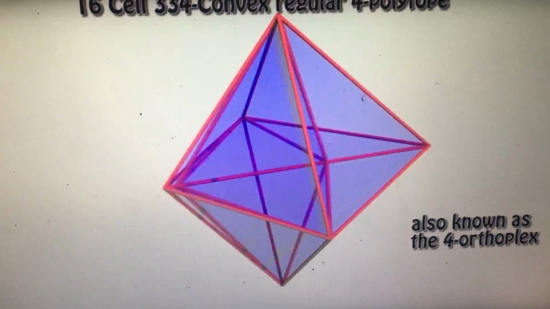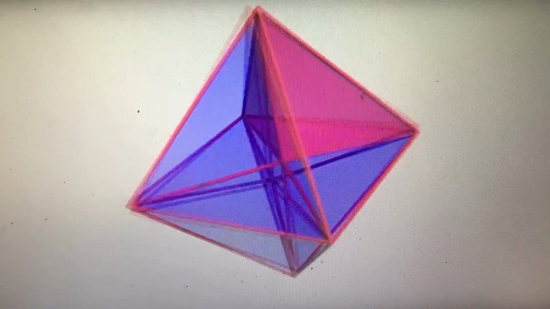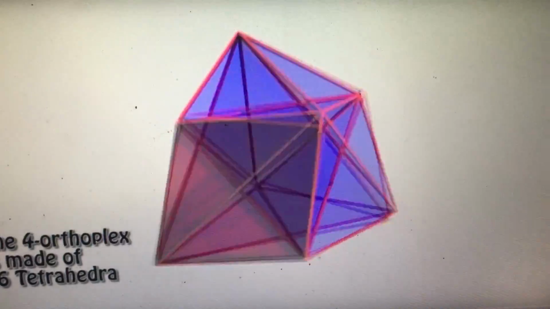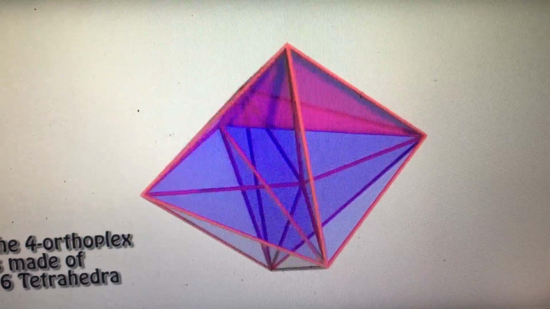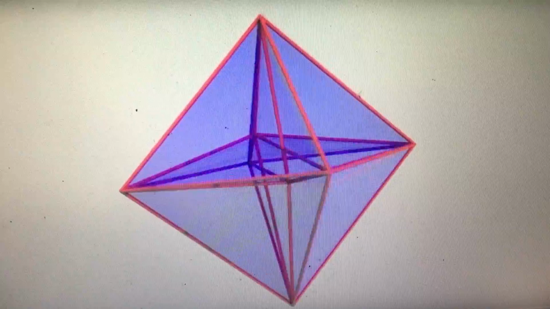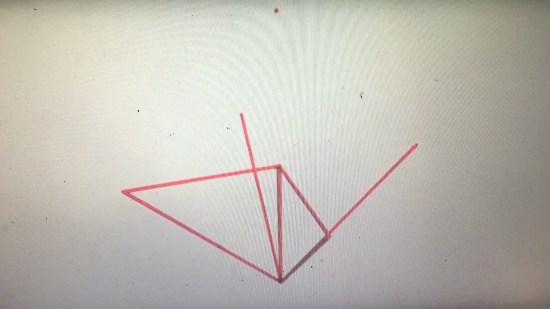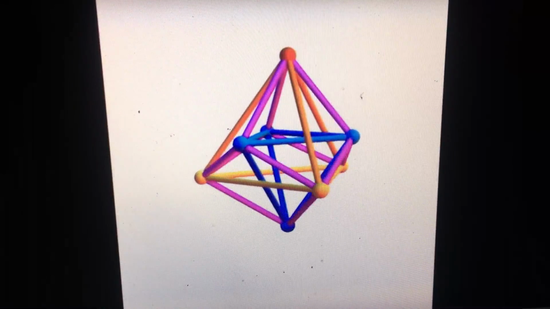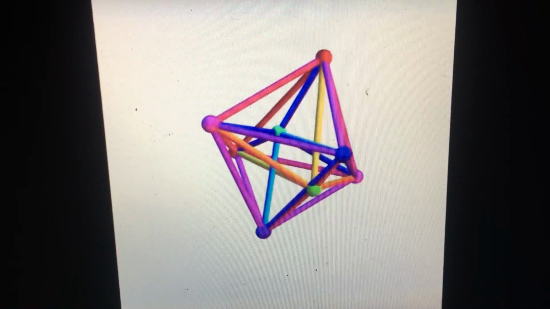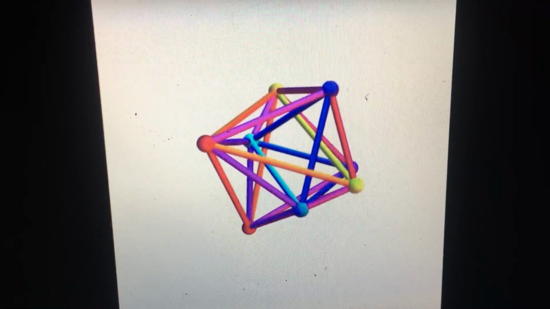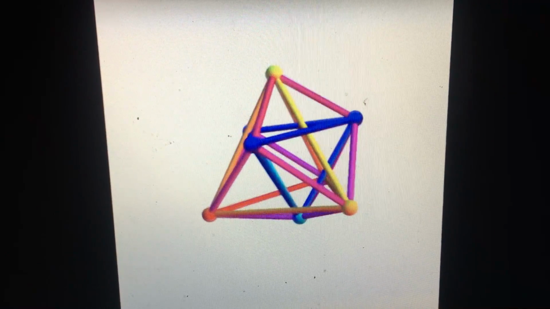The tesseract embeds dually inside of and around the 16-cell in the same way the cube does around and within the octahedron. The 16-cell faces of the 16-cell correspond to the 16 vertex corners of the tesseract, and so the